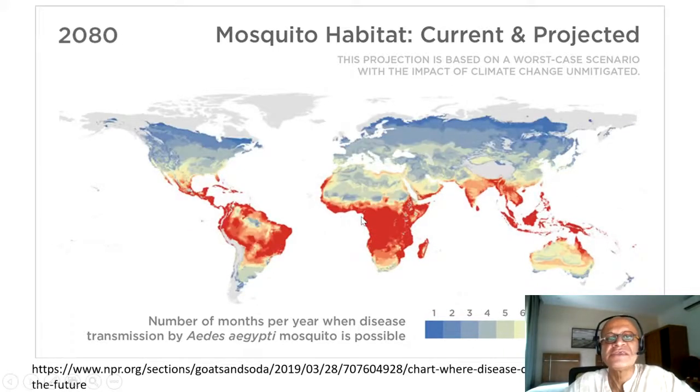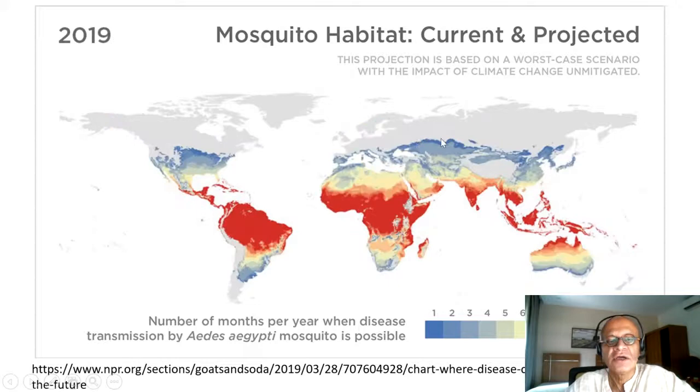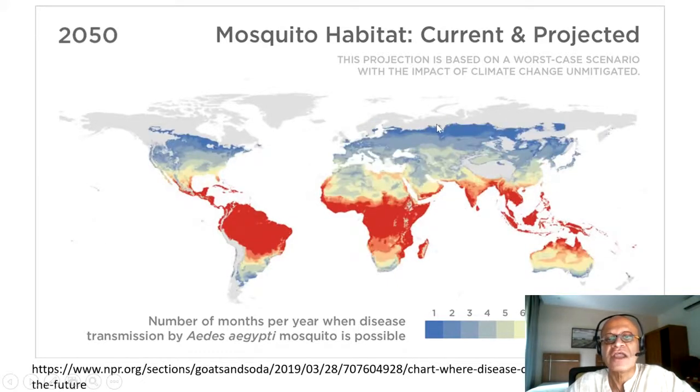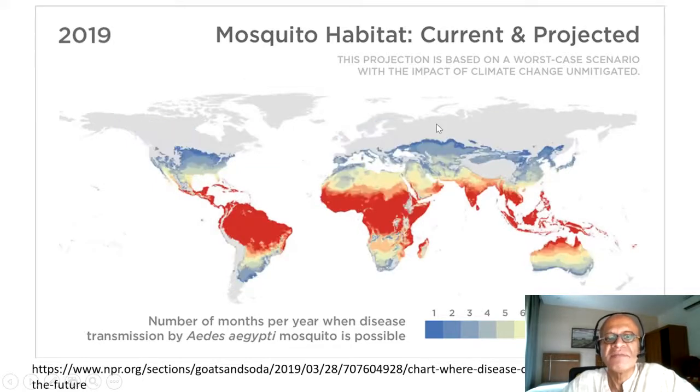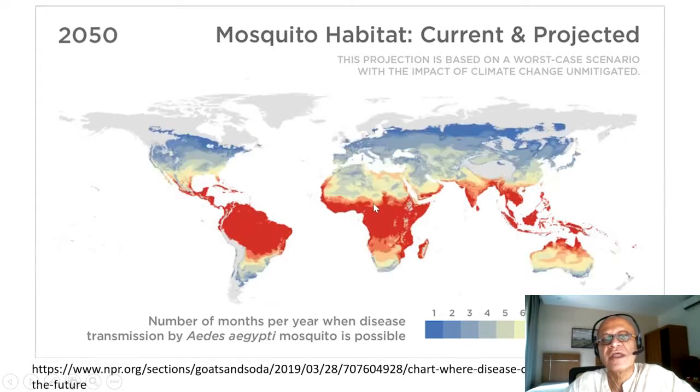So 2019, you are starting with this map, and as you go into the future, the number of months with disease transmission possible is going into higher and higher latitudes, which intuitively makes sense, but you can see that they are shrinking here. For example, if you look at some of these low latitude regions,